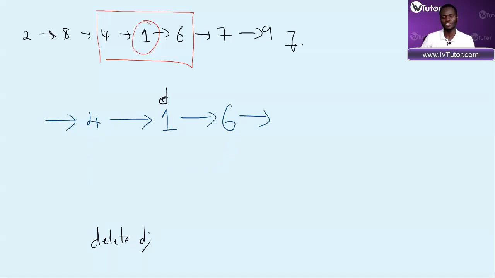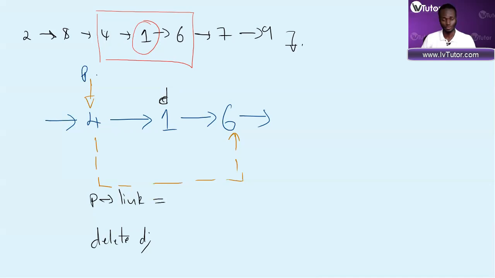What you want to do is link 4 to 6 and then delete this node. Now, for you to achieve this link, we need a pointer sitting here so that we can then link 4 to 6, right? So this brings us back to our 2 lines of code, moving pointers and linking nodes. If we put a pointer called P on 4, that means we can then successfully delete D by going first,